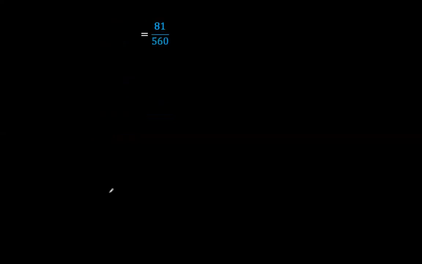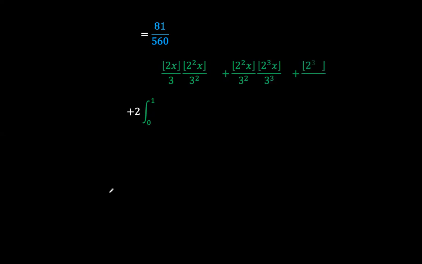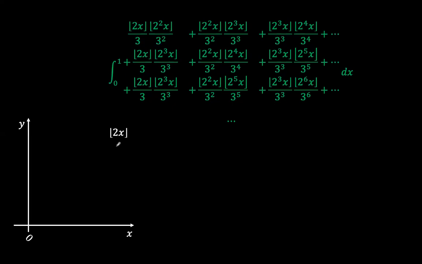So the green terms are fascinating, since we had shuffled the rows and the columns. If we look at this 2x floor function times 2 squared x floor function, diagrammatically, what that really means is that the floor function of 2x, if we divide the interval 0 to 1 into sub-intervals, that means